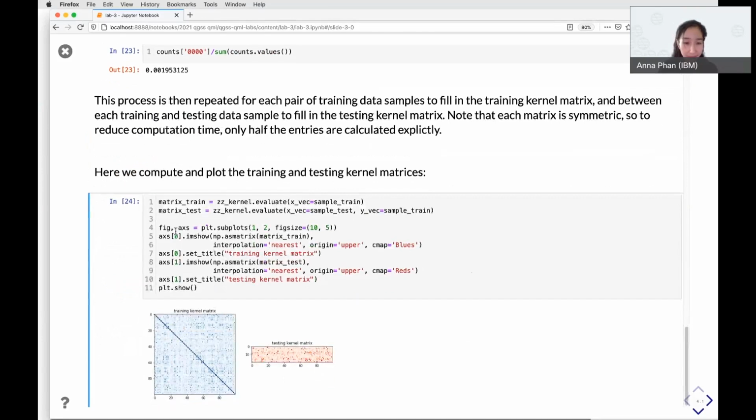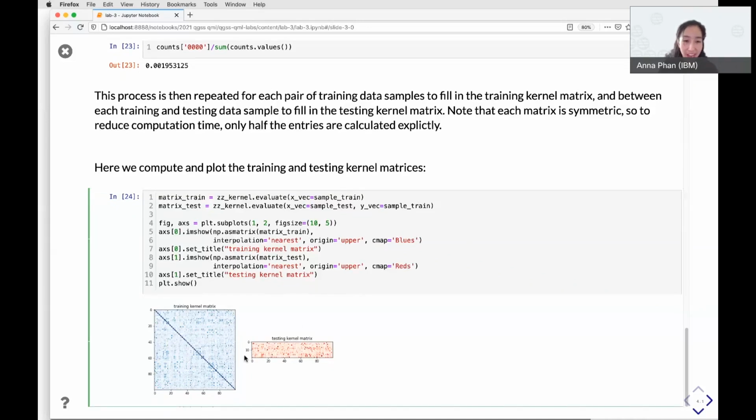Here we grab that kernel and we evaluate the matrix given the training data. Note if you don't give a Y vector to the kernel matrix, it will calculate it against itself. And then if we want to calculate the testing kernel matrix between two different sets of data points, we give it a Y vector and an X vector, test and train.